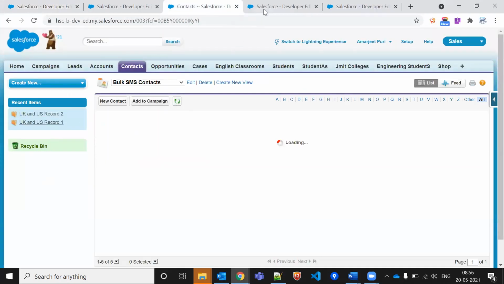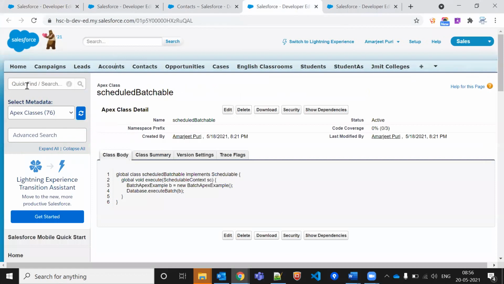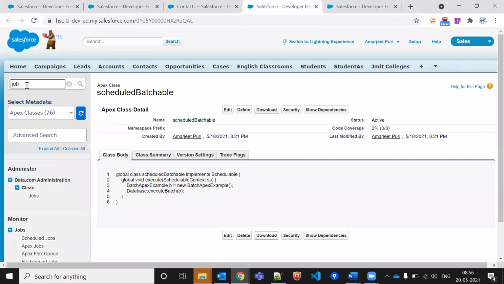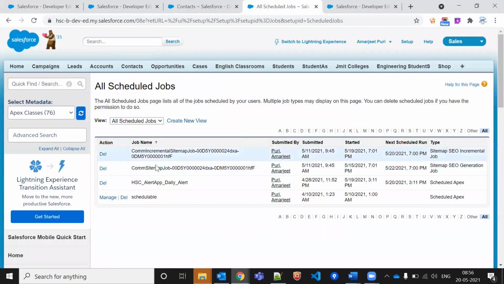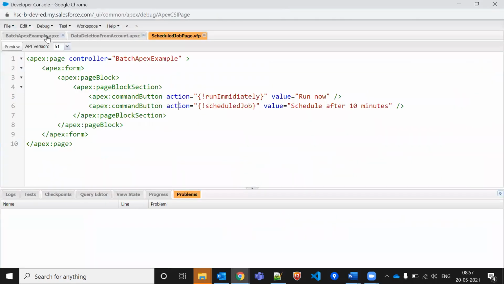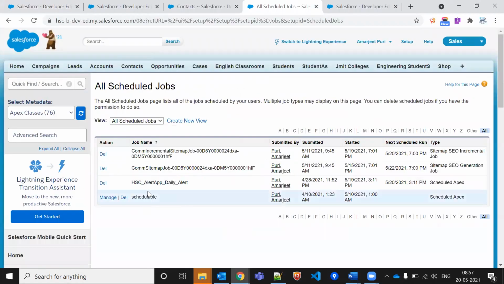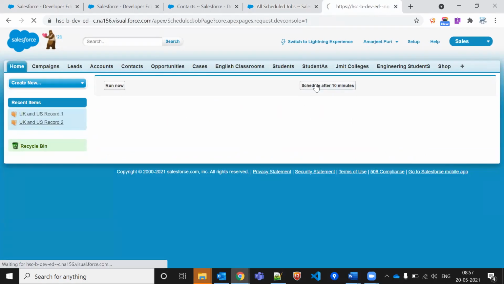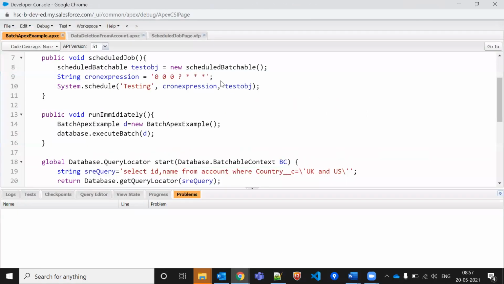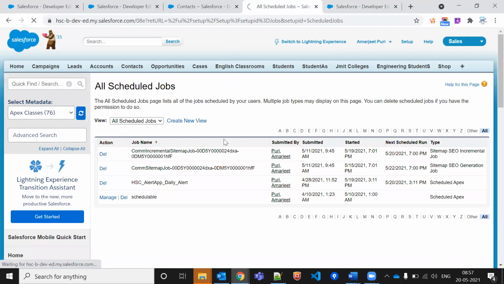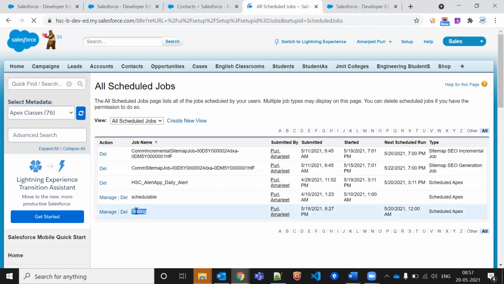It is even transferring the reports. So if I go to the scheduled job, we'll check whether this data is created or not. What is my scheduled job in the batch apex? That is Testing. Okay, Testing should be created automatically here. If I create a button for this one, I'm not aware when it will become scheduled, but that will be checked. I'm clicking on this, Testing is coming here, right?